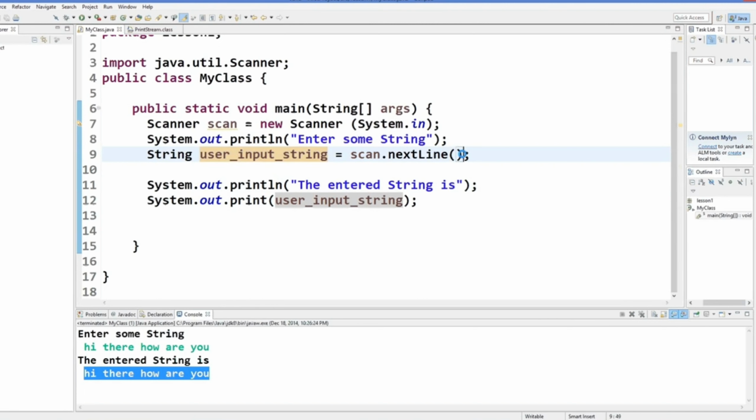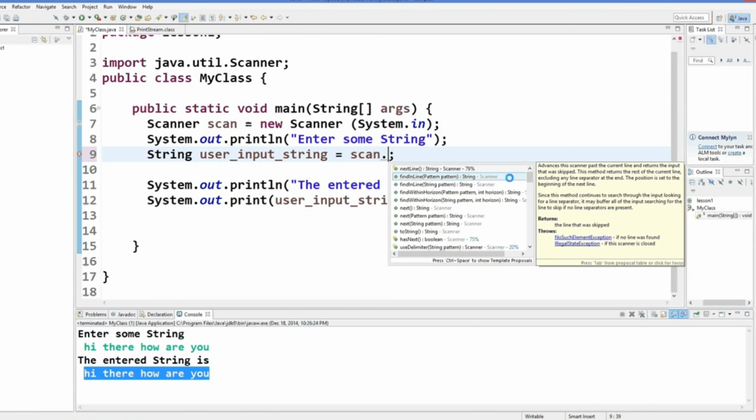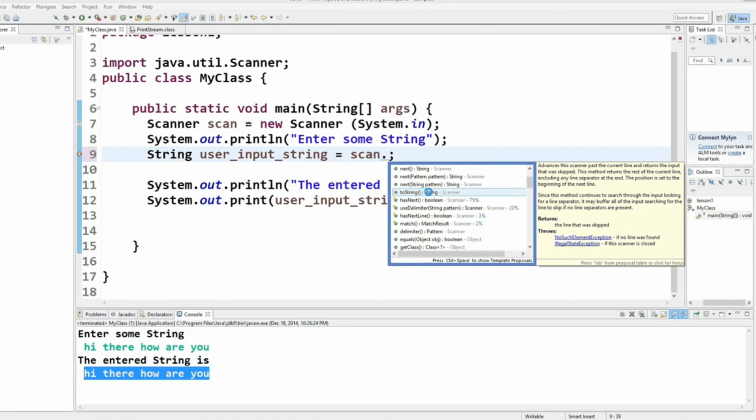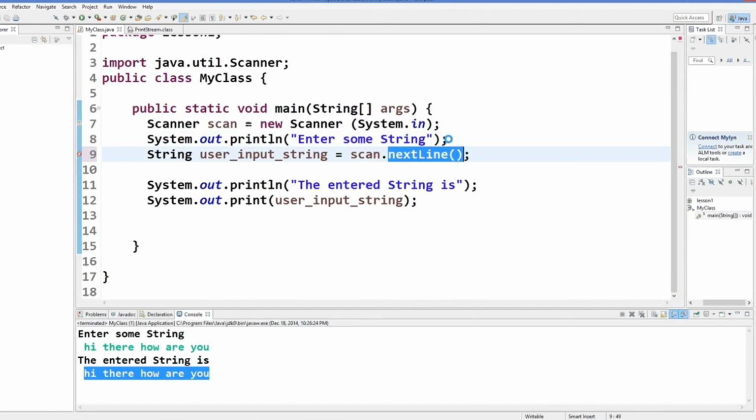In the same way, in the place of this nextLine, there can be different functions, which you can call, like nextFloat. Next is there, which will return you the string. There are some functions like nextBoolean, which can take a boolean value, nextBigDecimal, nextBigInteger, nextByte, nextFloat. So whatever data type input you want to take, you just need to use the corresponding next function. Okay, so I hope you understood the basic concept of taking or scanning inputs from the user,